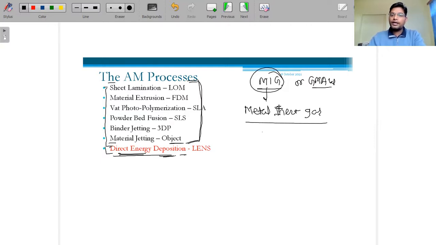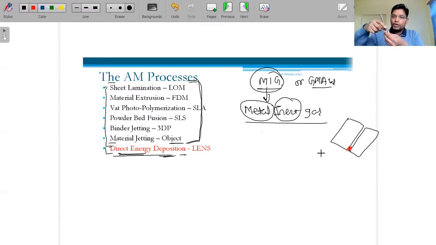Here we use an inert gas, either a combination of CO2 and neon, or CO2. The metal wire is being deposited. There are two plates, and if we have to join them, we deposit this material. It comes out through the nozzle along with the shielding gases, and that material melts and is deposited over the gap in between. So that will be joined, and that will form a weld bead.